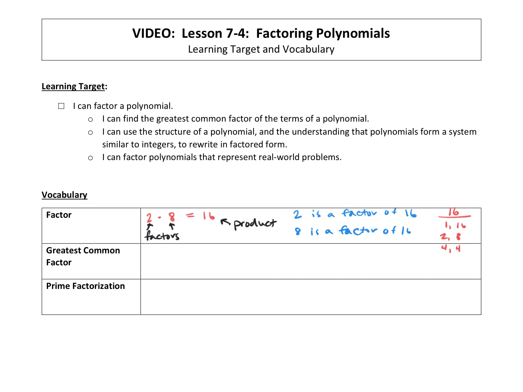So all of these are factors of 16. The greatest common factor, that's going to be the largest factor that all the terms share. And we do abbreviate that to GCF most of the time. We'll get into how to find the greatest common factor, but it is going to be the largest factor that